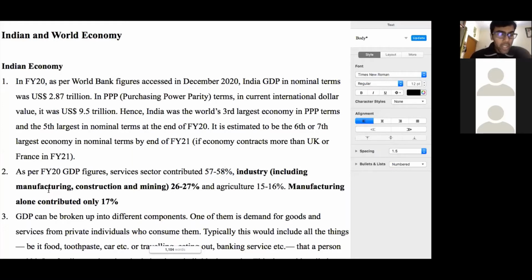Now, industry includes three major subsectors of the economy, which are manufacturing, construction, and mining. Now, manufacturing is, especially in India's case, a very, very significant sector of the Indian economy because there are numerous studies over the last 80 to 100 years in global economy, which have been done by an unimaginable number of economists across the globe,